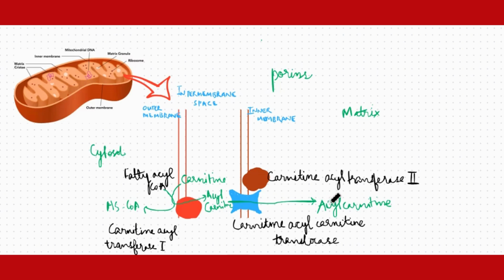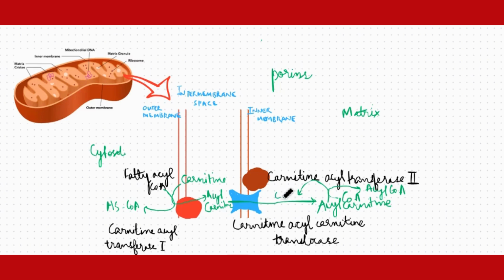So we have this acyl carnitine being acted upon by this enzyme. There is a CoA group which is taken from the matrix of the mitochondria, and now I get two products over here. The first product is Acyl-CoA, because now the carnitine has been released. So I get Acyl-CoA, the same compound that I started with outside the mitochondria, and I get back the carnitine,